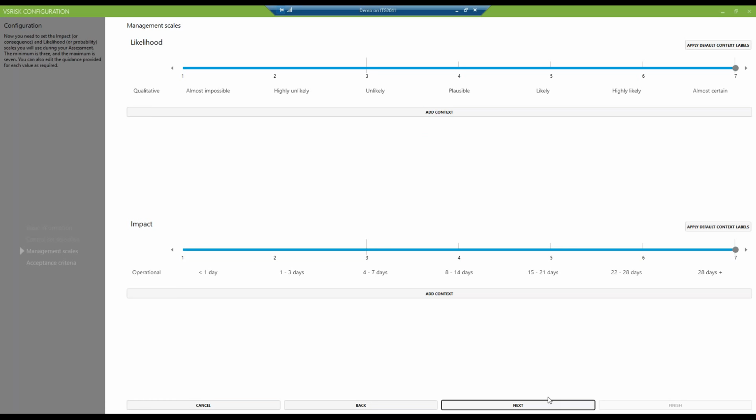As standard, it will put you on a 7x7 grid. These can be modified, and these will be purely down to your own business requirements. It's not something we can tell you what to do or what your scoring system should be. So this is down to yourself to decide what your management scales are going to be. If we leave these both at 7x7, underneath each one of these, you can add additional context. So for example, under impact, our impact is simply going to be on operational days. So obviously depending on how long,